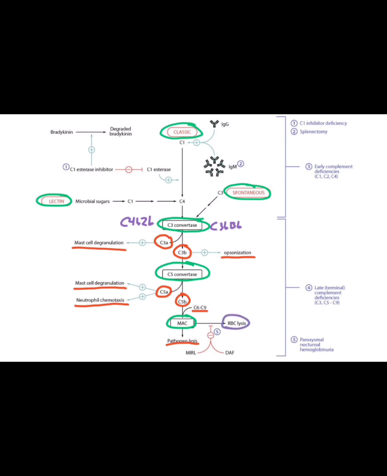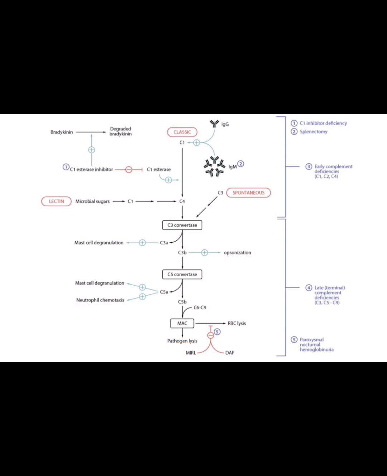Thankfully, our body has a way to prevent this from occurring, and that is through 2 surface proteins called membrane inhibitor of reactive lysis, or MIRL, as well as decay accelerating factor, or DAF. As illustrated here, these proteins will combat the membrane attack complex on the red blood cell membrane and prevent red blood cell lysis. As I mentioned before, some of the most important things for you to remember about the complement